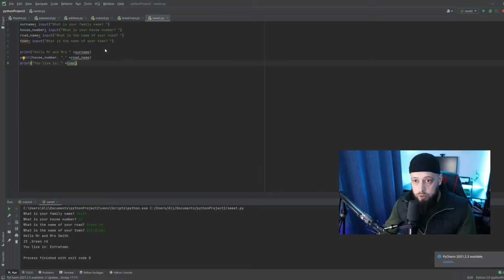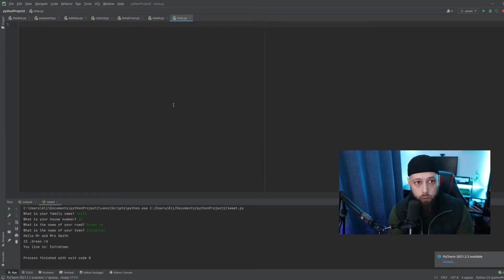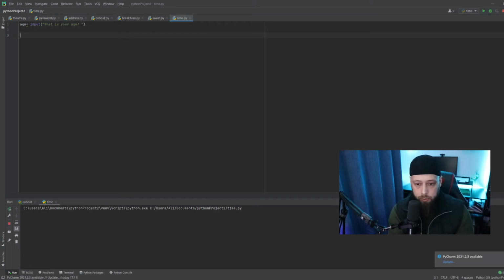Let's go and make a new file. What did we want? We wanted to ask the user, what is your age? Simple, right? We will store this in our variable called age. Once the user replies, what is your age? It's 23. I'm not 23, but okay. We want to print that current age is, and then we will